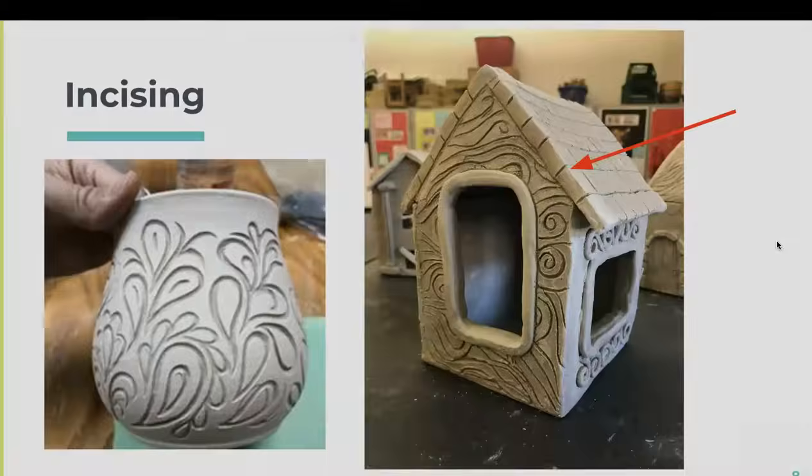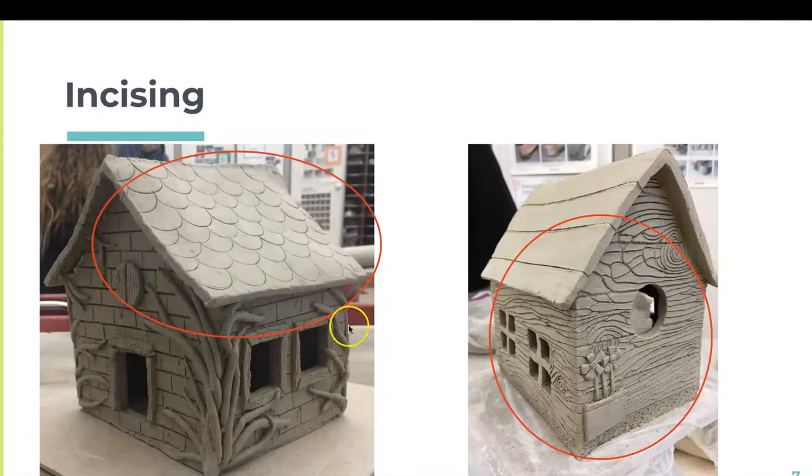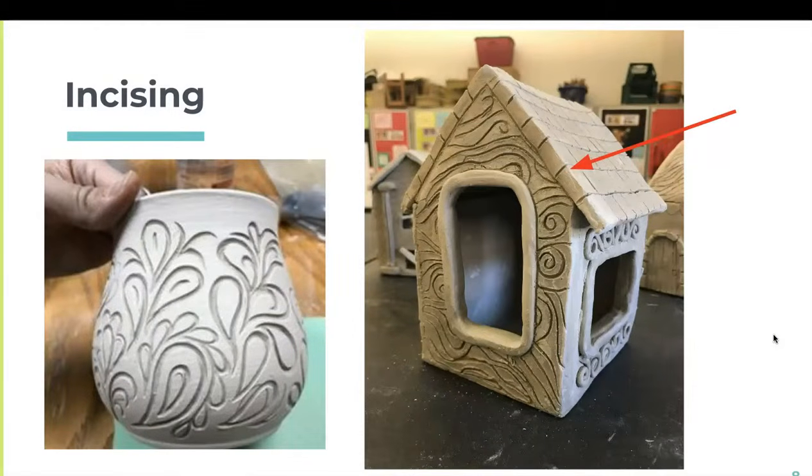If we actually look at what they did, there's incising on part of the roof as well as part of the wall, which we can see the brick pattern. And then on this part here, the wood grain design, that is done using incising. Actually, what the student did was they used a texture mat and then they drew over the lines. It is kind of like carving, but carving is different. Carving, you're taking big chunks of clay. Incising, you're just drawing shallow lines. Here's a couple more examples.